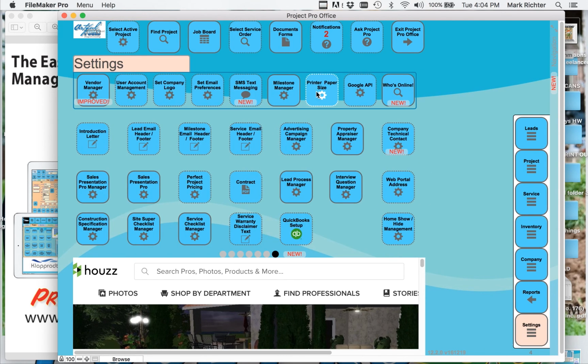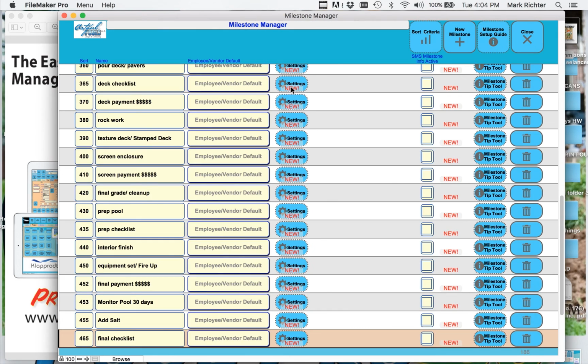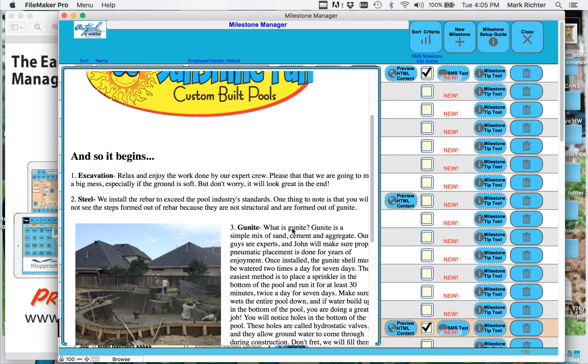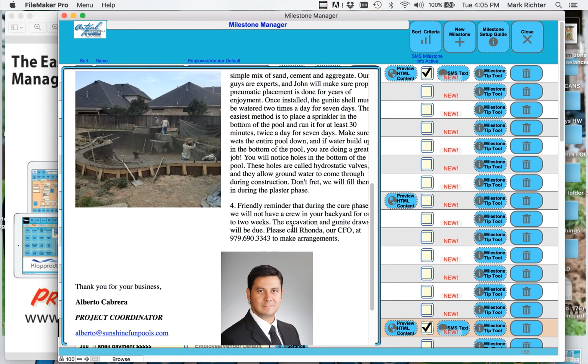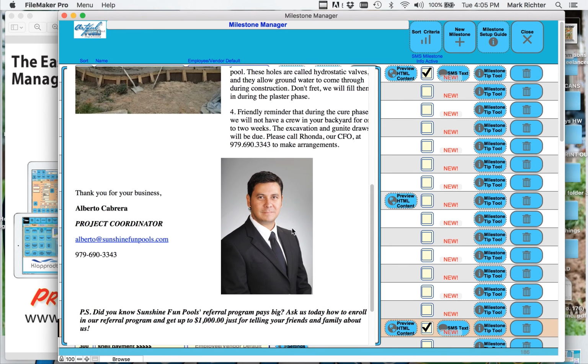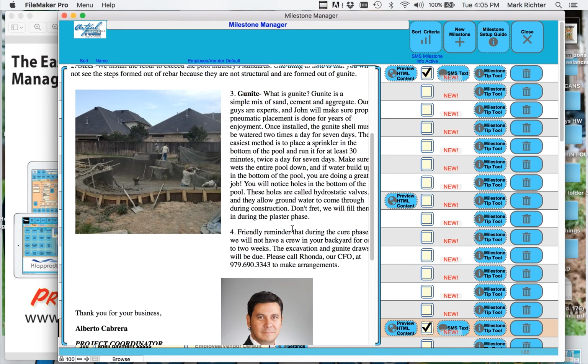In settings in construction, Milestone Manager, this is where you can build your SMS text templates. You can create a SMS text template, or you can come down and create a HTML template to be sent at any milestone. And this is where you can communicate with the client exactly where they are in the status